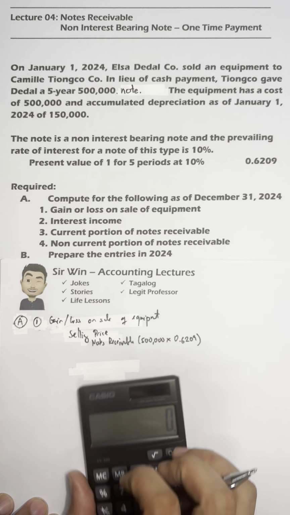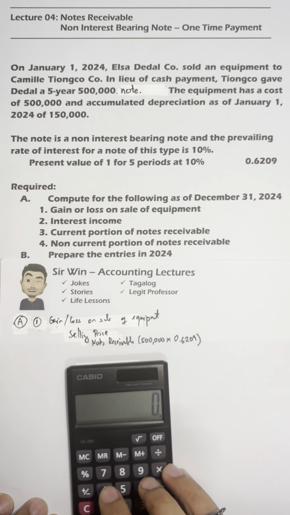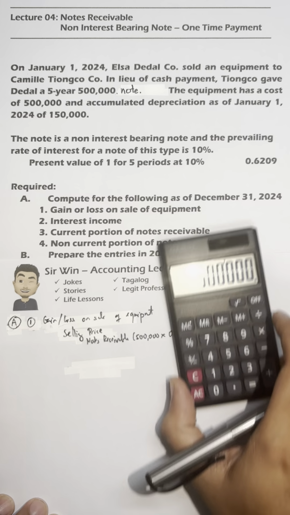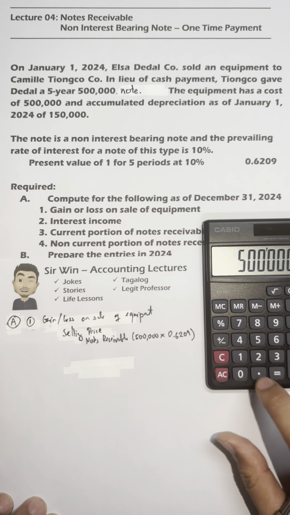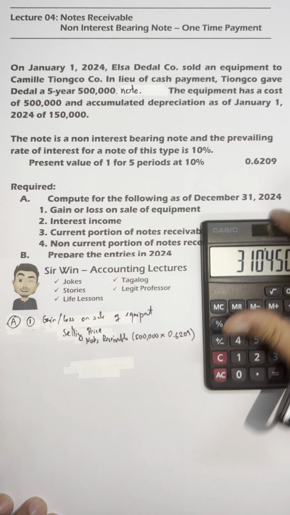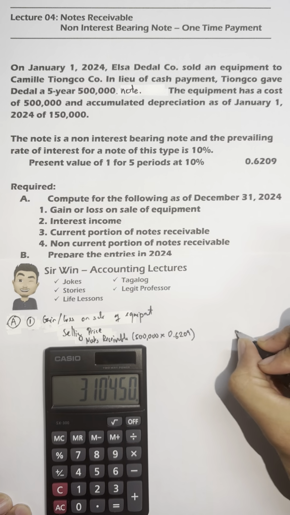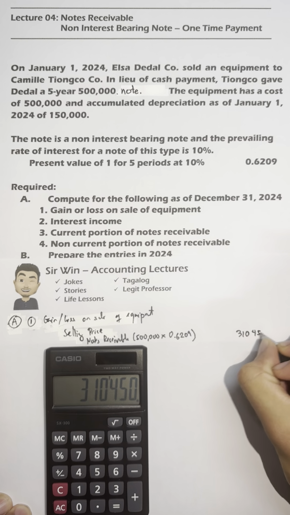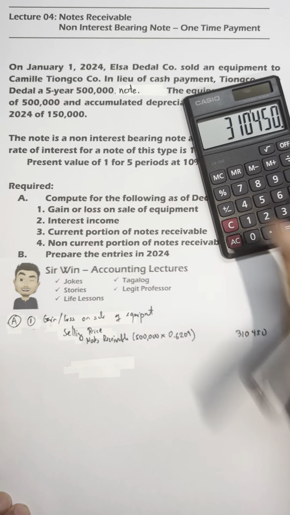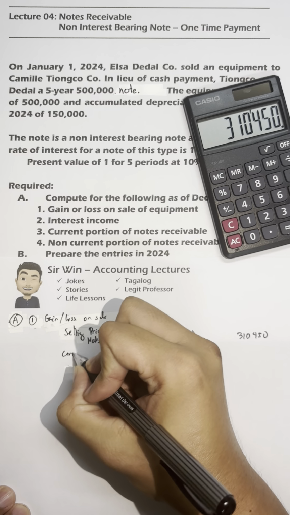Okay? We solve for the selling price which is the notes receivable, its present value. Okay? 500,000 multiply by the factor, ayan dito kita, na 0.6209. The answer would be 310,450. That will be compared, okay, with the carrying amount. Okay, the carrying amount